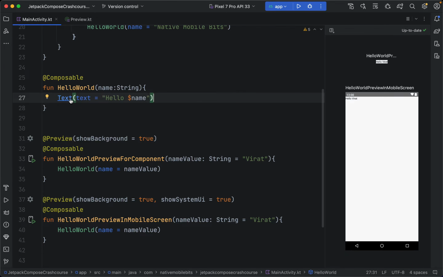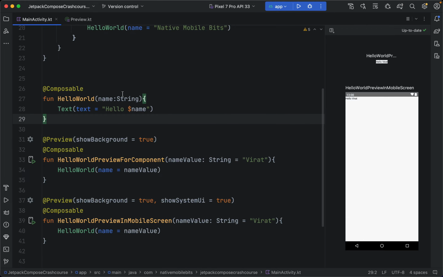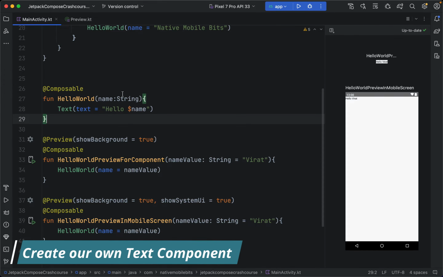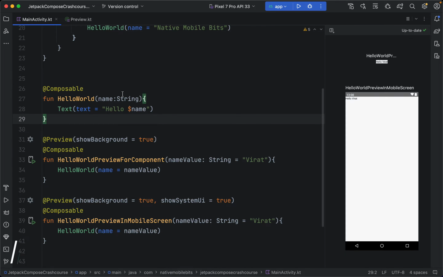Although we have used it, this is the simplest version of a text composable. We need to do a lot of things with text at a given point of time. We need to customize it, give it a custom size, a custom color, change the text style, and so many things, right? So let's try to create our own text component, and the main idea behind creating our own text component is that we should be able to use it anywhere inside the application, and it will be reusable